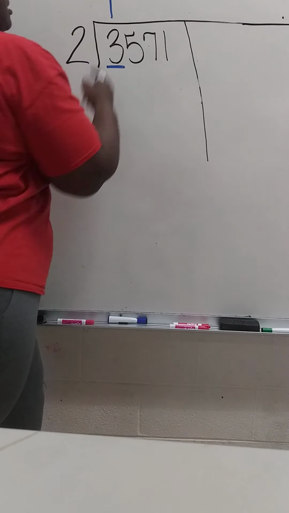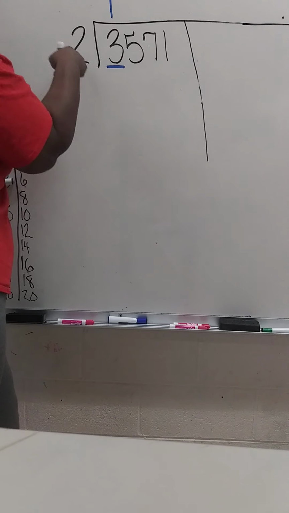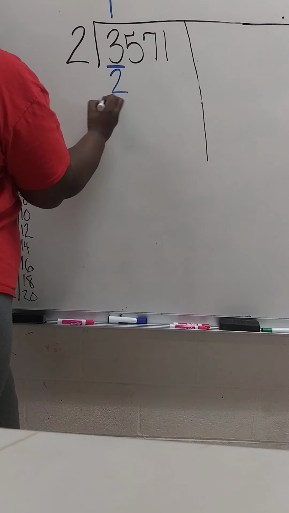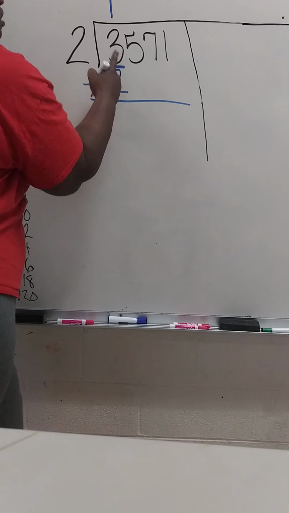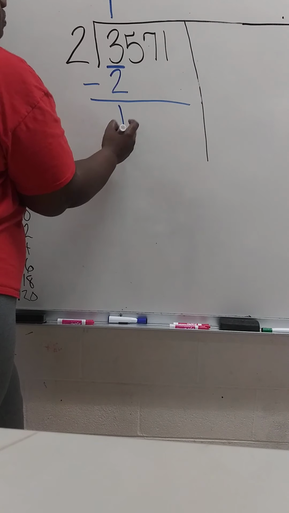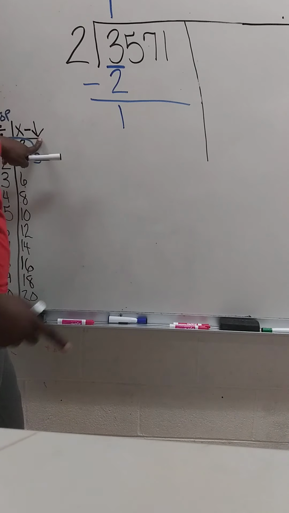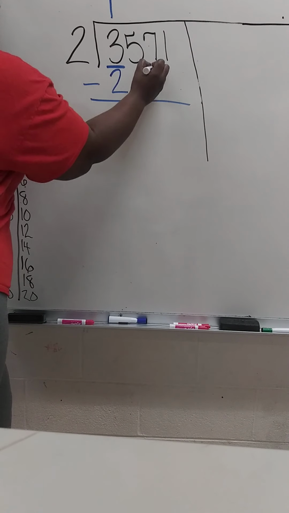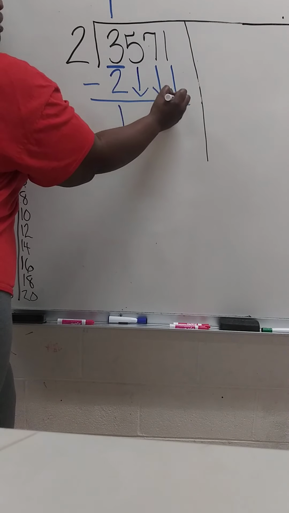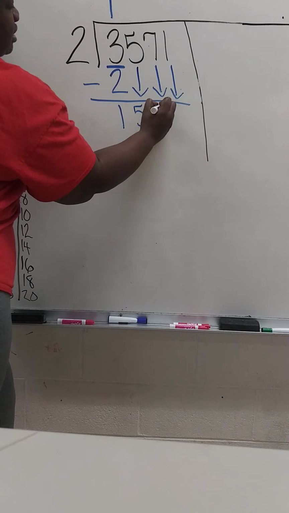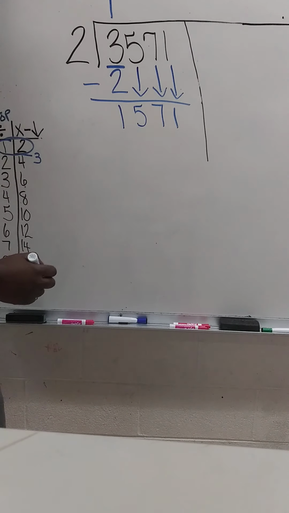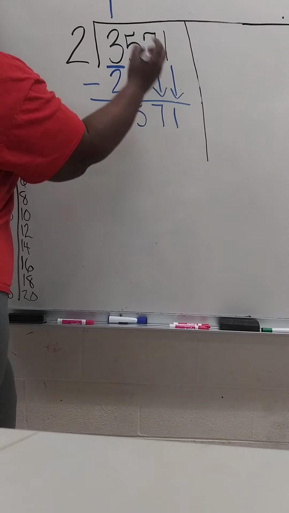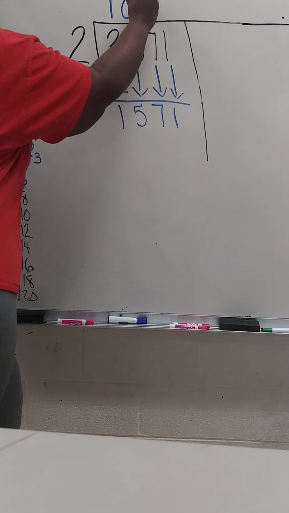Divide, multiply. 1 times 2 is 2. Subtract. 3 minus 2 is 1. Bring it on down and bring it on back. Bring it on down. We're going to bring down the 5, bring down the 7, bring down the 1. 5, 7, and 1. We have 3 arrows. So we're going to add 3